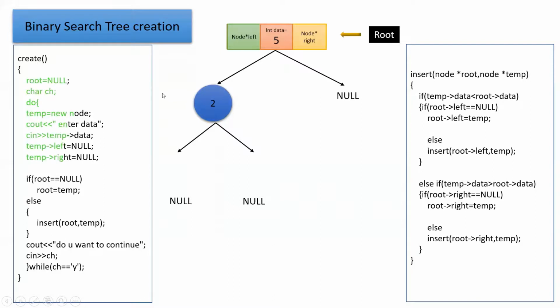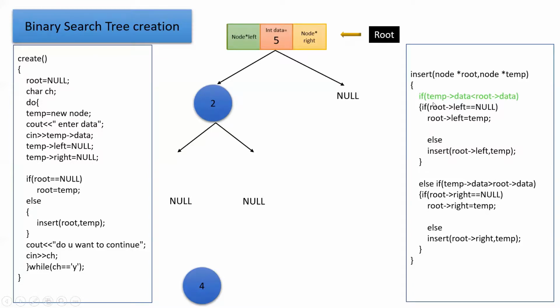Suppose I want to insert one more node. So this part again will be executed. It will create the new node. Suppose 4 is the new node. This condition will obviously become false here. It will go inside the insert function by passing root and the temp, that is the 5 and the 4 will be passed. It will come here. Now this condition is again true here. But whenever it tests this condition, now it is going to become false. So what will happen? Now it will give a recursive call for the insert function by passing the root left, that is the 2, and this temp is nothing but the 4.